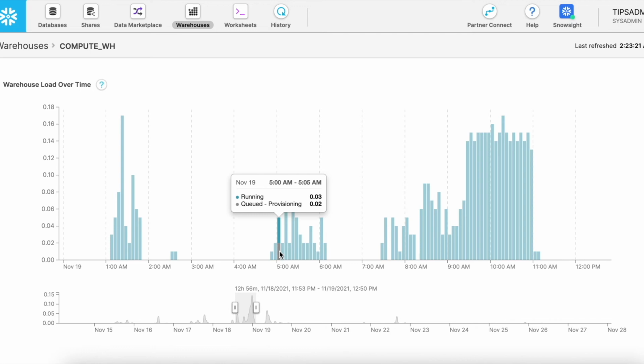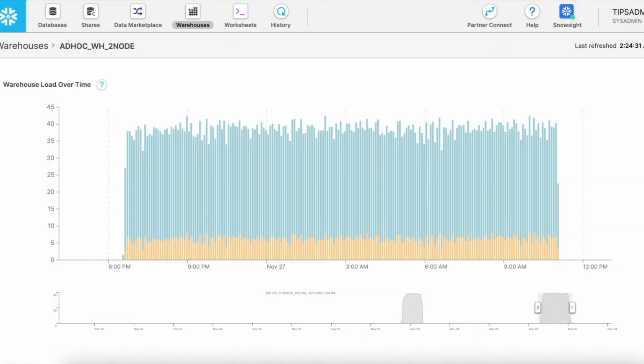Let me take another scenario. Note, this is a multi-cluster virtual warehouse, and you see I have given a lot of load to this warehouse, and there is a lot more queuing happening in the warehouse. Since it is a multi-cluster environment, the running factor is 33.63 and the queue factor is 7.38. So for that 300 seconds, this is how the warehouse workload looks.